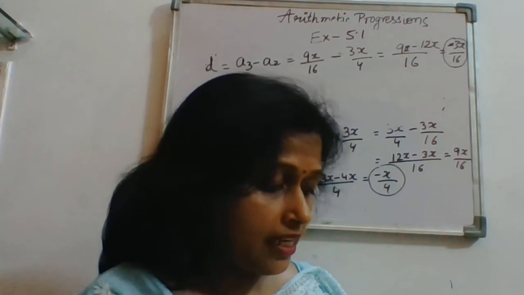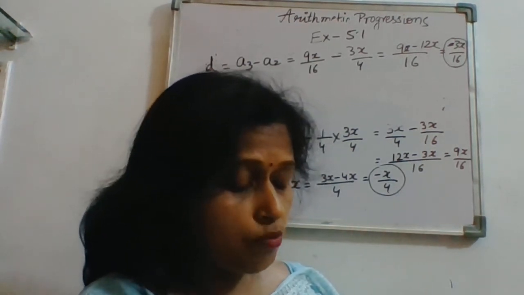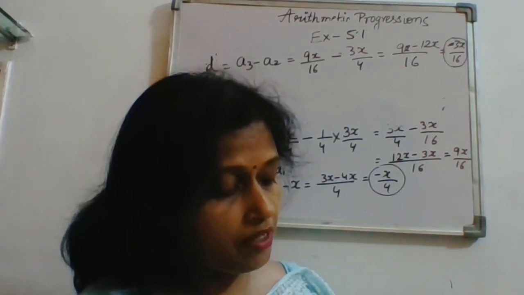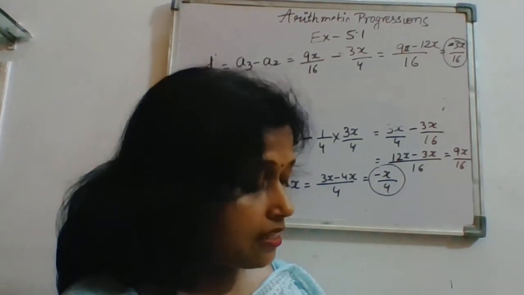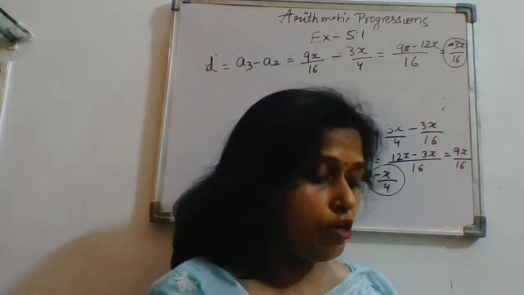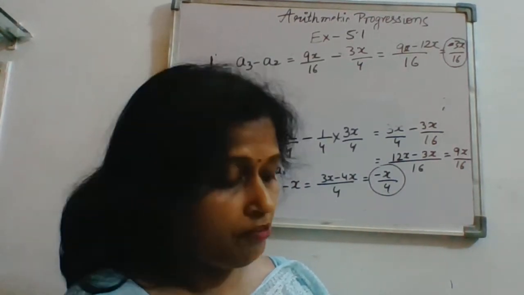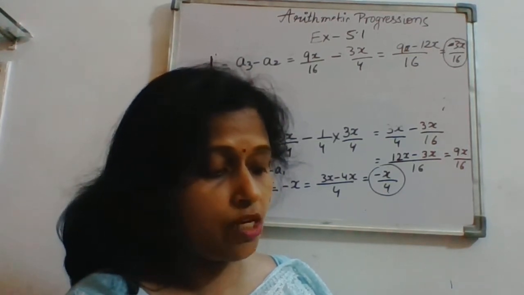The cost of digging a well after every meter of digging, when it costs rupees 150 for the first meter and rises by rupees 50 for each subsequent meter. Orally you can understand this one: for the first meter it costs rupees 150. So A is your 150. And it rises by rupees 50 for the subsequent meter.